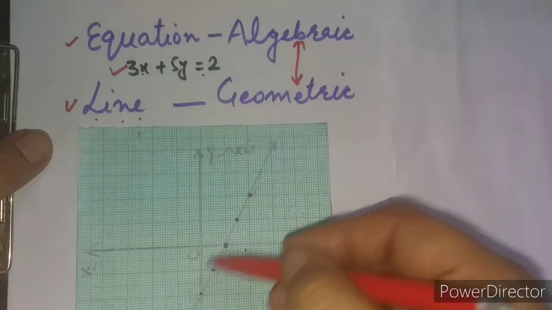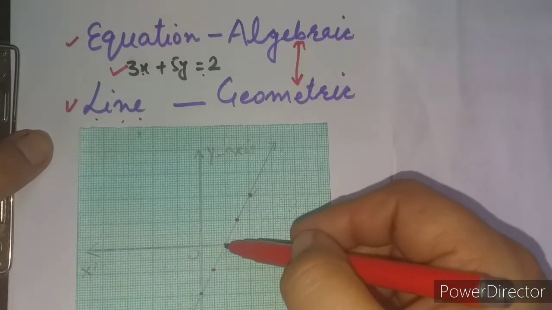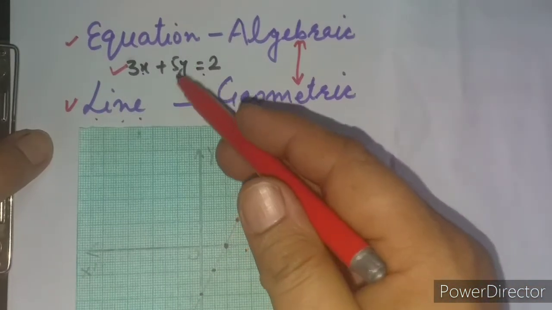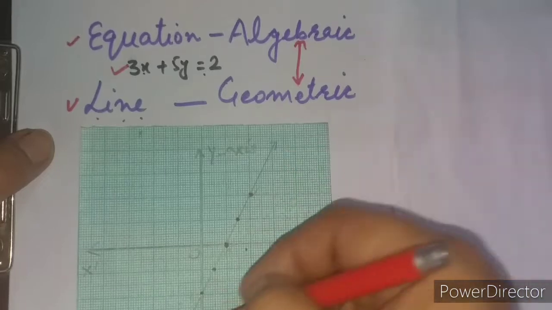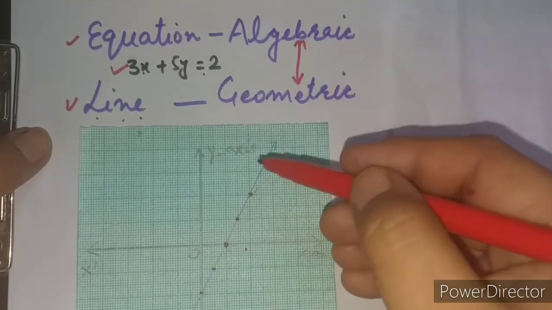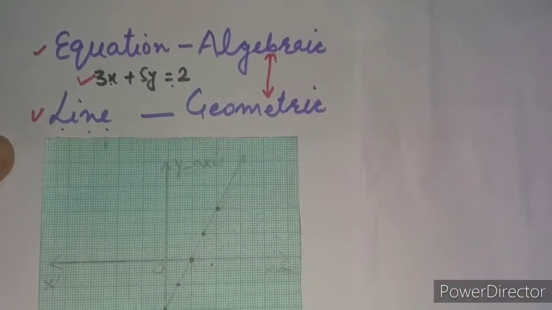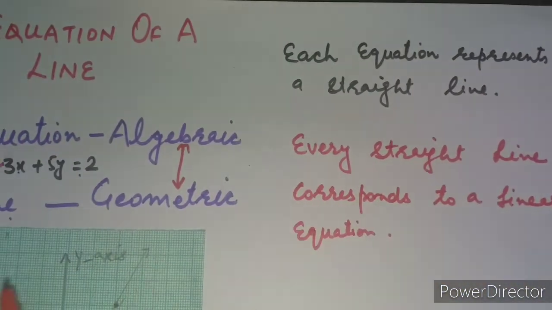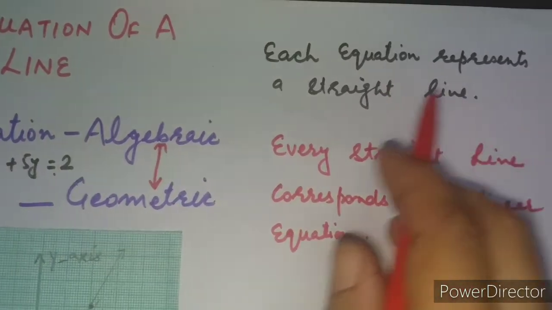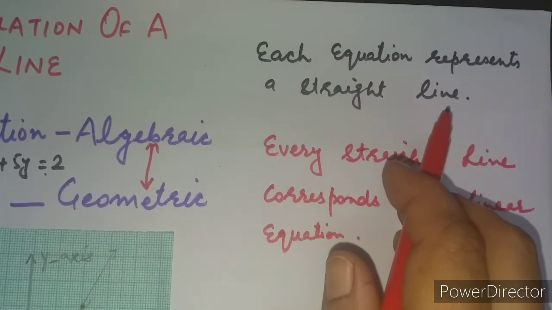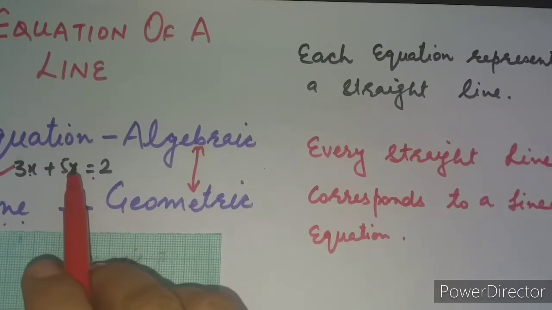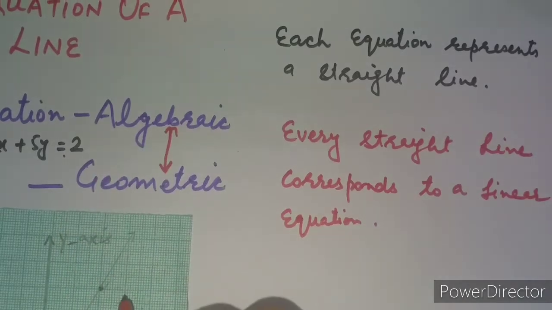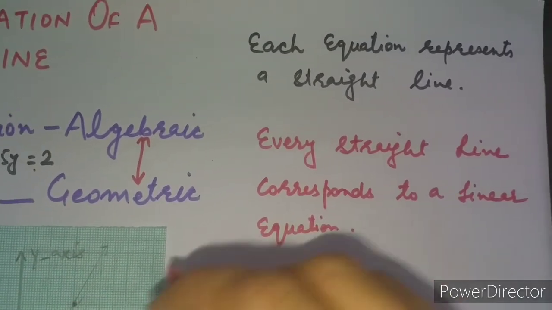And how do we draw that line? By drawing different points, thousands of points, corresponding to that equation, by solving that equation, and once we join those thousands of points, we get a straight line. I have written for you here that every equation represents a straight line, right? I took this equation and it represented this straight line. It is for example only, it may not give such a shape, but it will definitely be a straight line only, right?